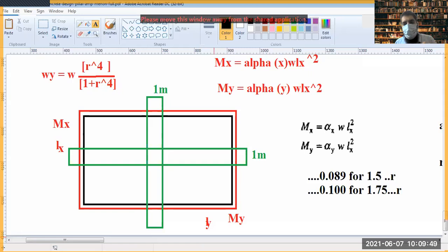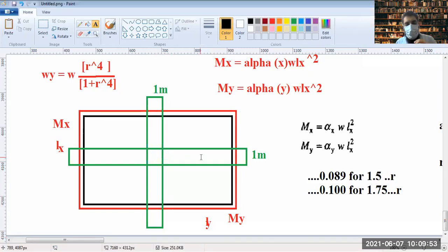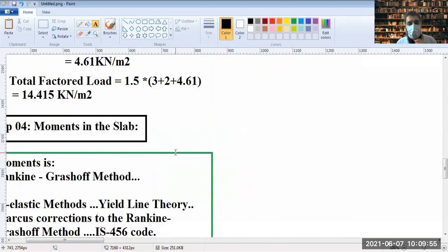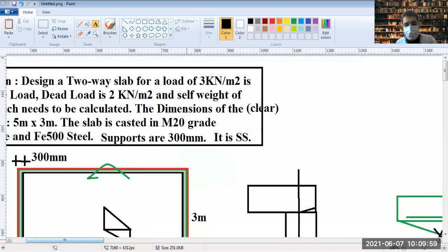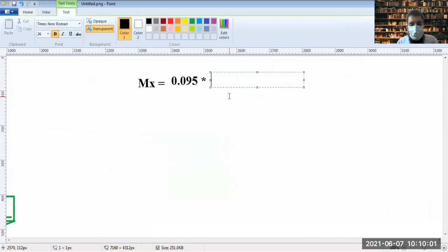Now this will be an area load over this portion, 1 meter square. And how much did we calculate that? It was 14.415 into LEX, which is